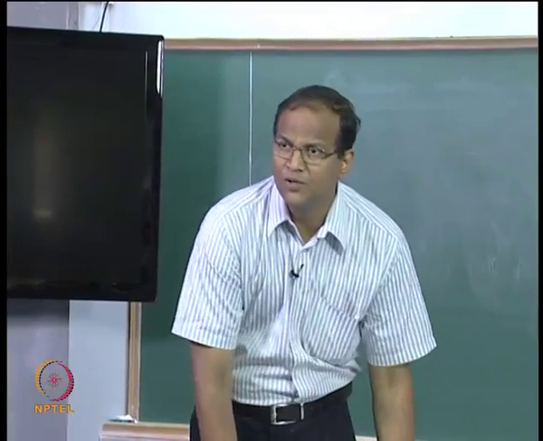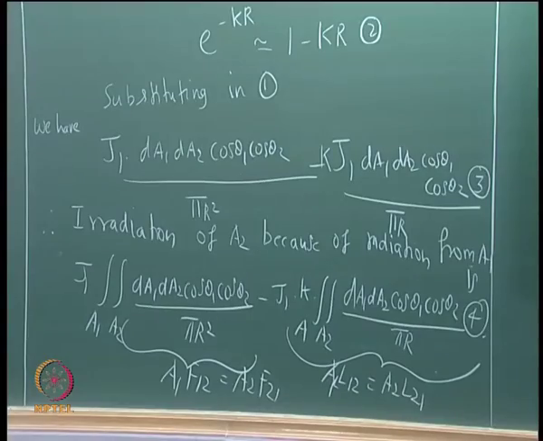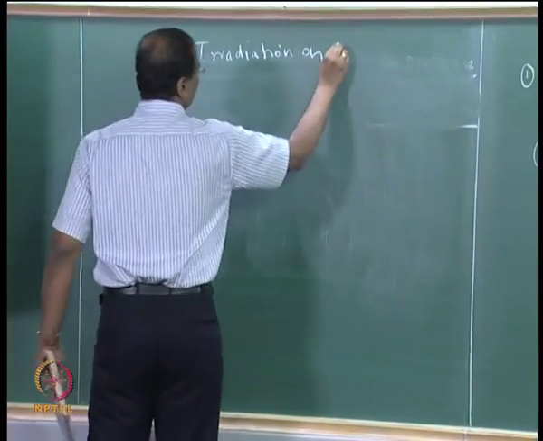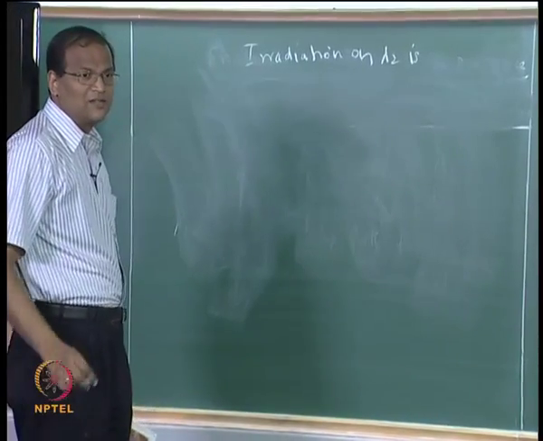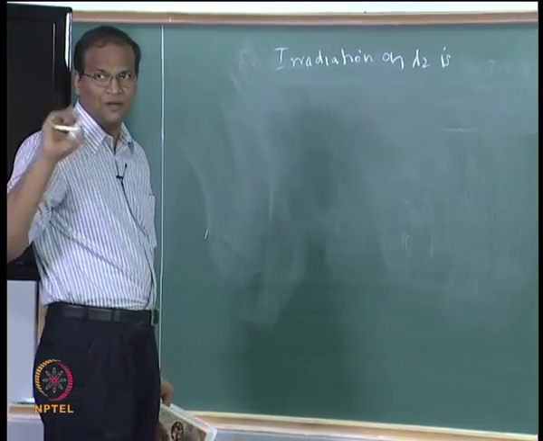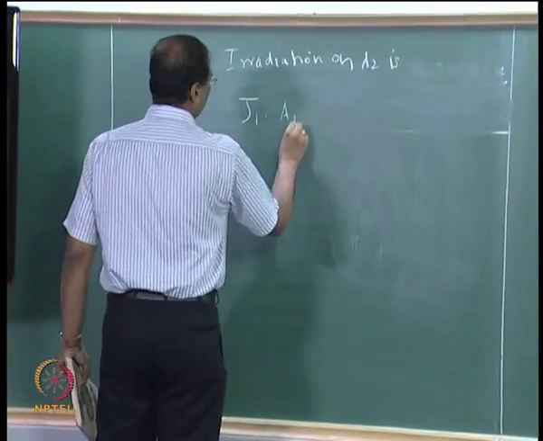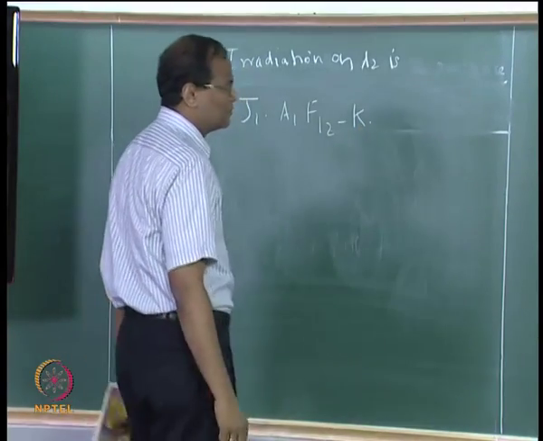Correct, A1L12 is equal to, alright, therefore irradiation. This is irradiation on A2 just only from the radiation coming from A1, there could be other surfaces in the enclosure, okay. So this is nothing but kappa times